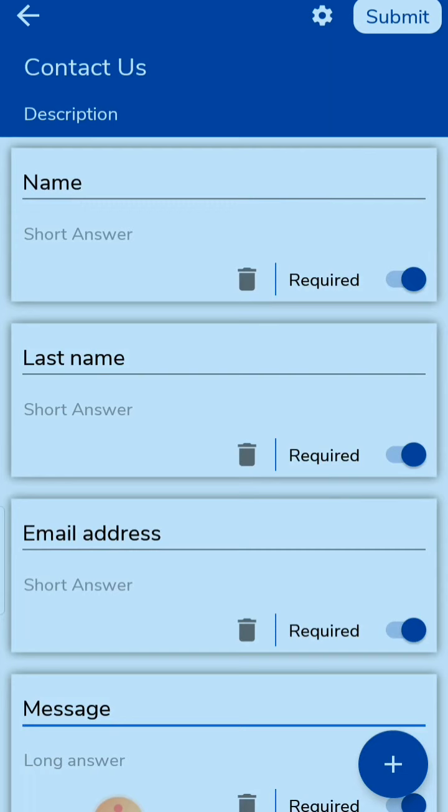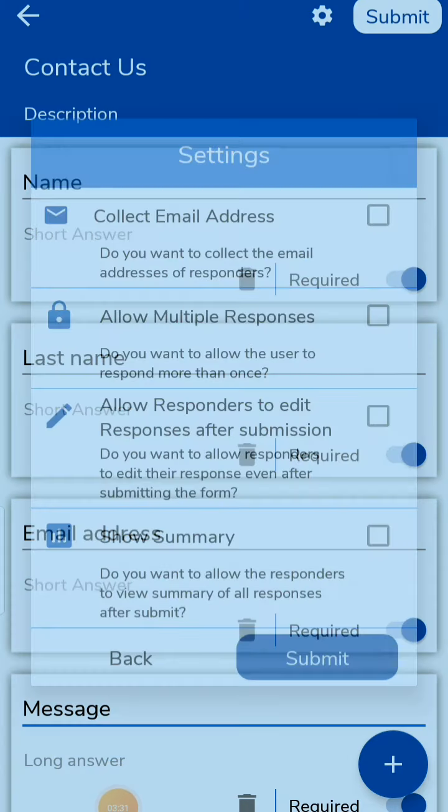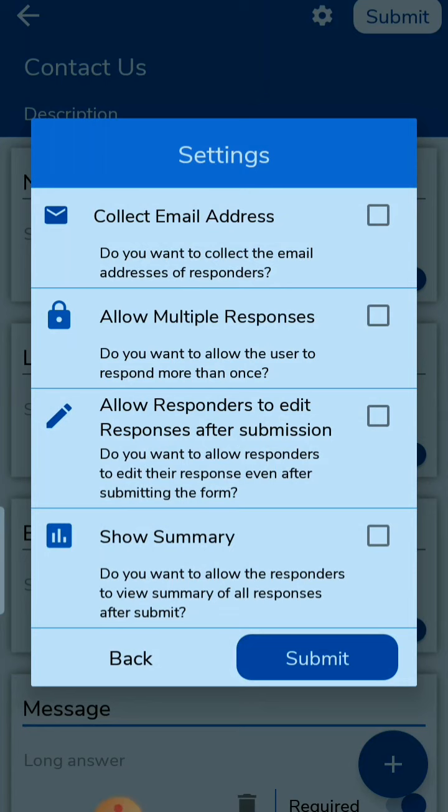So now, guys, next click on submit. If you want to collect the email address of the people who contact you, then you can select this first one, and all the options, whatever you want, you can add before submitting. There is also an option after submitting, you can also change settings. So now I am clicking on submit.